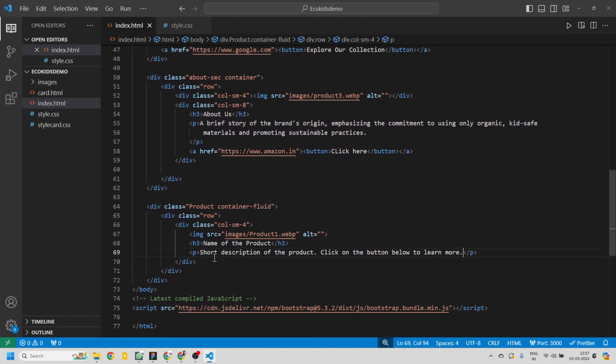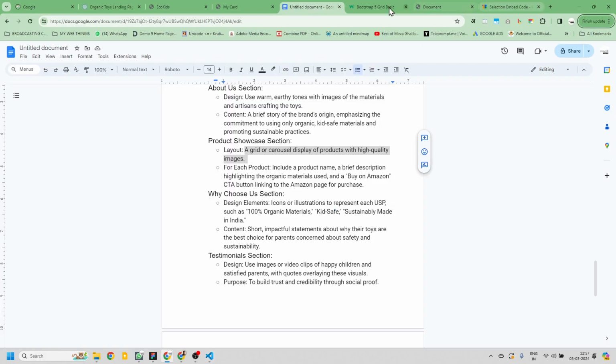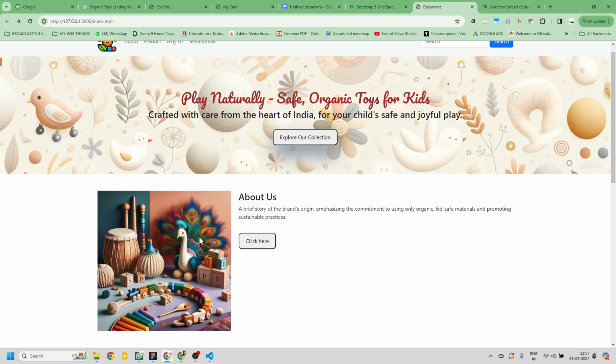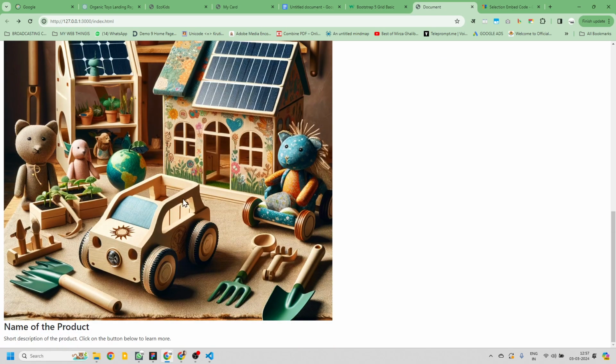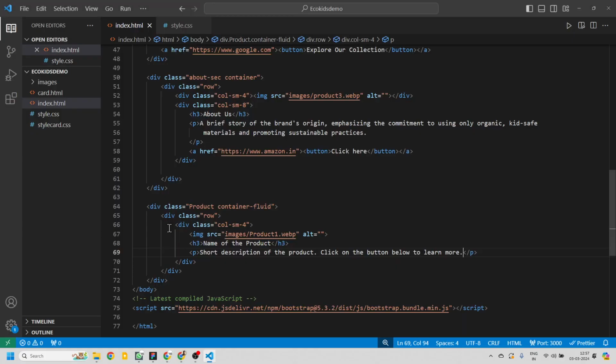Okay, so if I go and check right now, you will see that the layout is not behaving the way it should. However, the content is there, right? The image is there, the title is there, and the description is there. Now we need to style it properly, and before we do so, I'll tell you that I'm gonna copy this entire thing a couple of times to have 3 columns of products, and